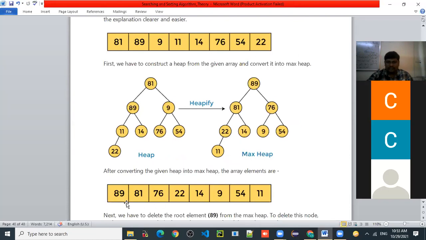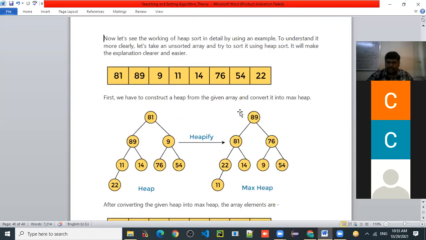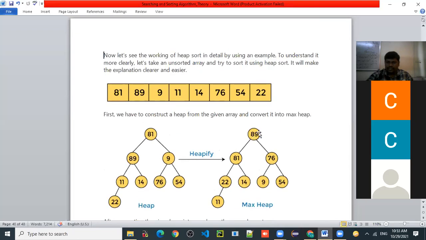Now 89, tell me the next element. 81. I will hide this list. Now tell me the list of the elements after the heapify process.